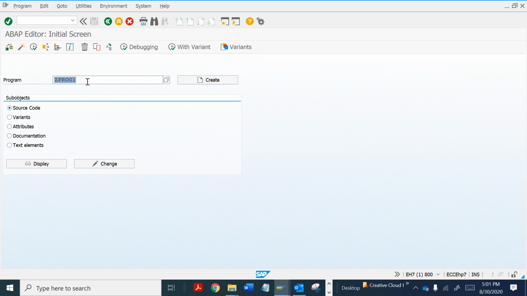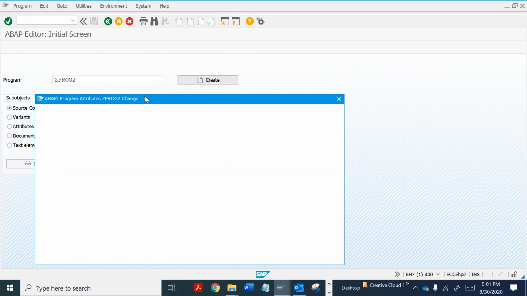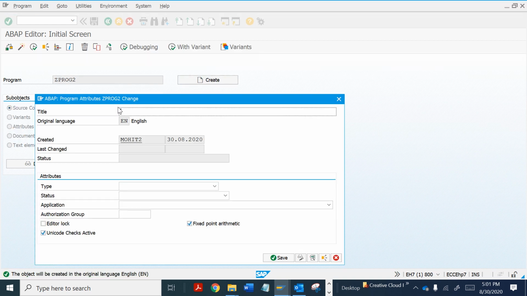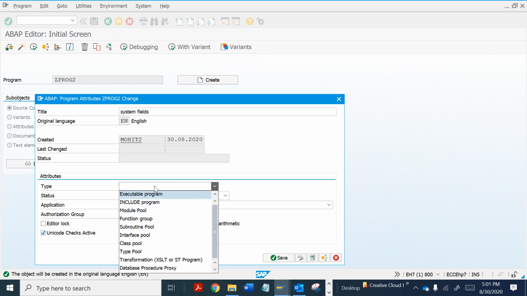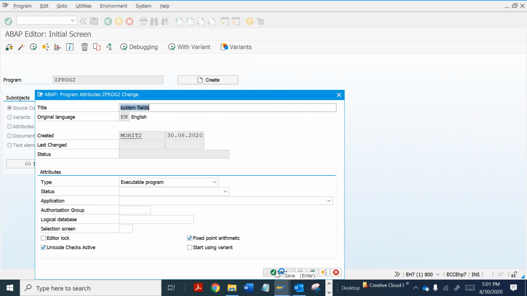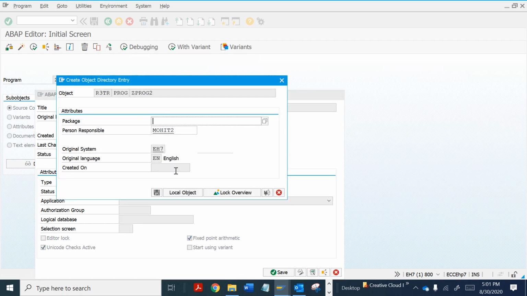Okay, before moving to this requirement, first we will learn about something else. We will create a new program that we will call system fields. So let's create it in a local object.